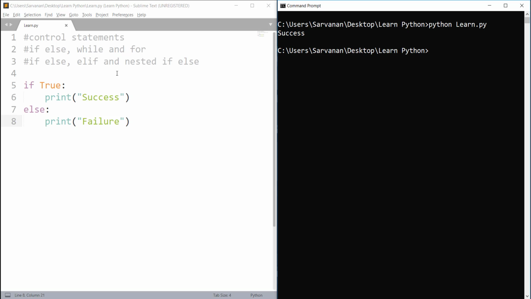Yes, success. I hardcoded it as true, so print of success gets executed. If I put in here false, failure should get executed. Let's learn if else using some comparison operators,